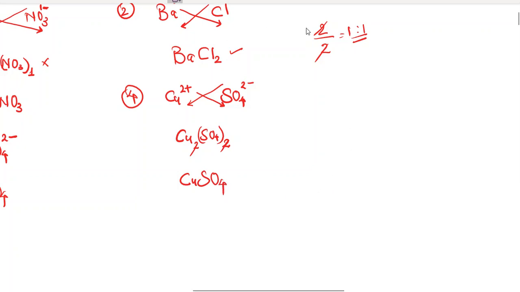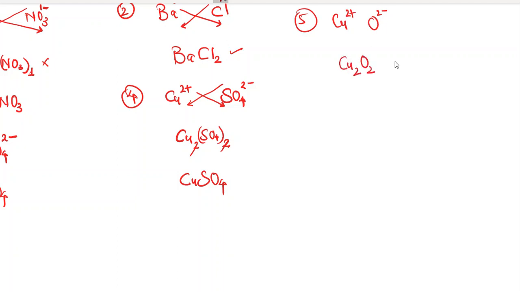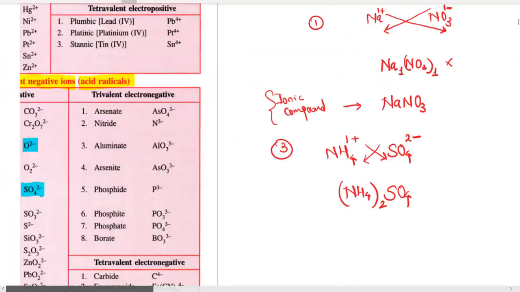Let's take the example which I intended to take earlier. Copper oxide, Cu2 plus and O2 minus. So that is Cu2O2, but we don't write it. This is not the right way. We don't write it like that. So we just write CuO. The HCF of both the 2's is 2, and we divide both these 2's by their HCF, which is 2, and we get the simplest ratio CuO, copper oxide. Okay, so that's how copper oxide's formula is formed.